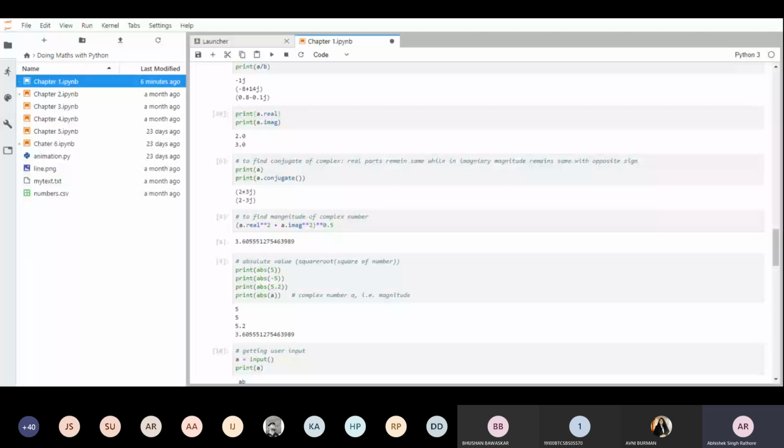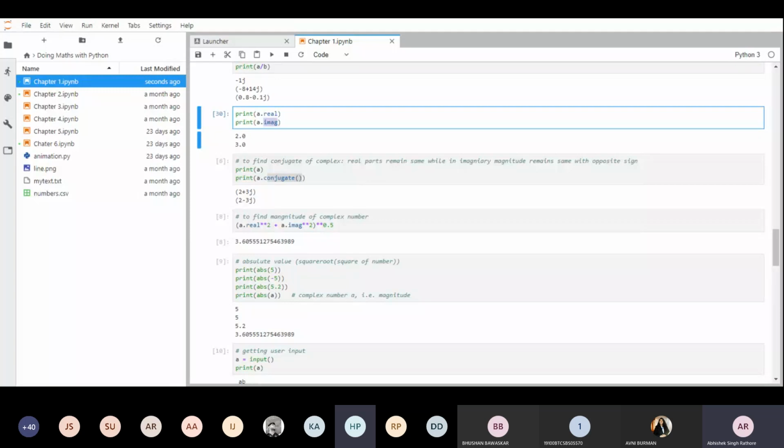So how to get it? So a dot conjugate, then I am writing parenthesis over here. So here it means that it is a function that converts your complex number to its conjugate, while these are the properties of your variable. Fine. Okay, then how to find out the magnitude of the complex number? So we have to find the Euclidean distance. So what it means that let's say real number का square plus complex number का square का under root. So this is a dot real.